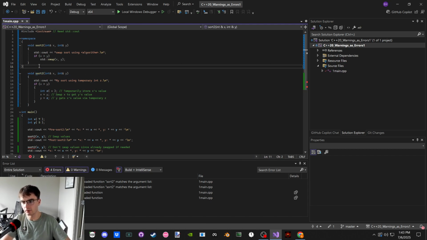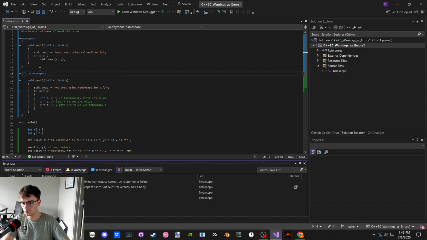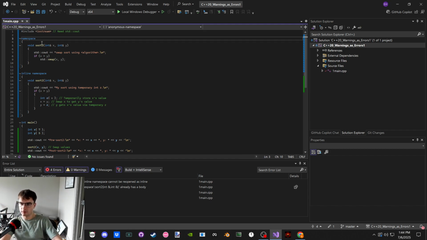Forgot that I changed their identifiers for a sec. A non-inline one, and the point is it can't distinguish between those two. So what was the strategy here? Do I just have to give it a namespace?